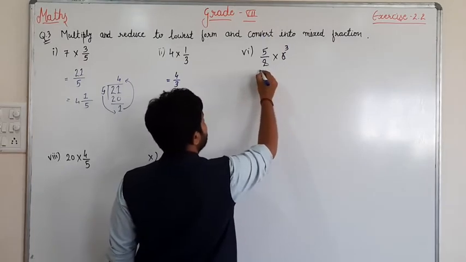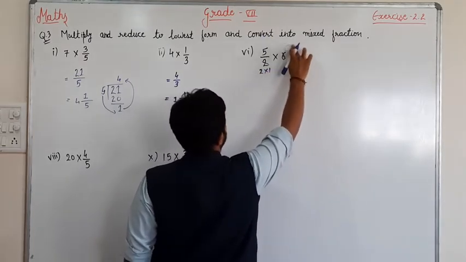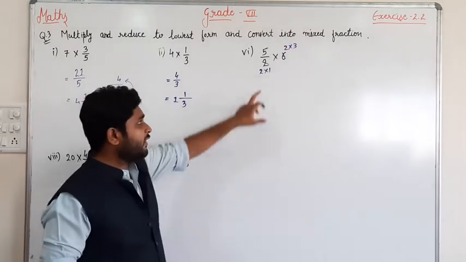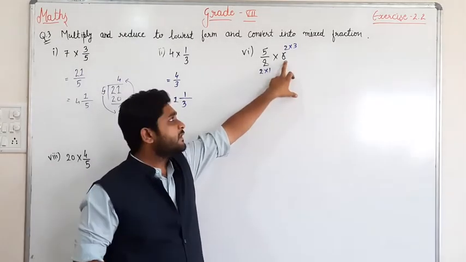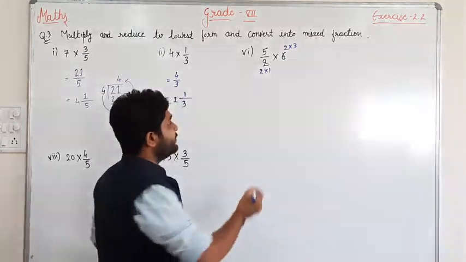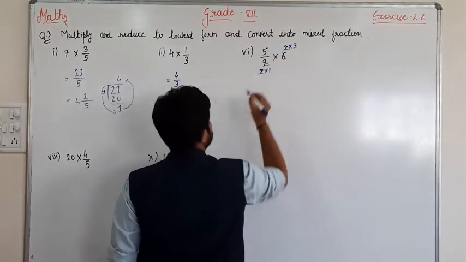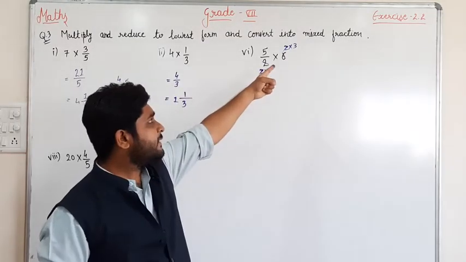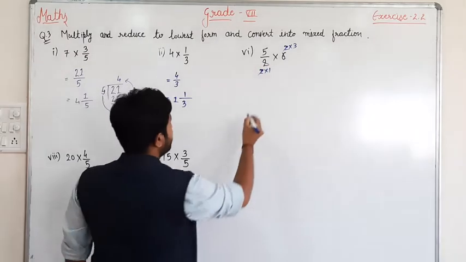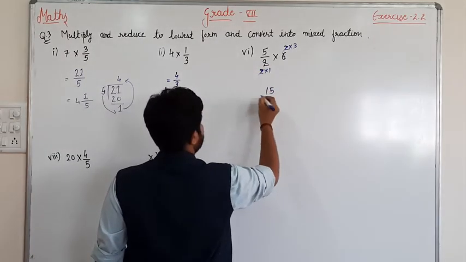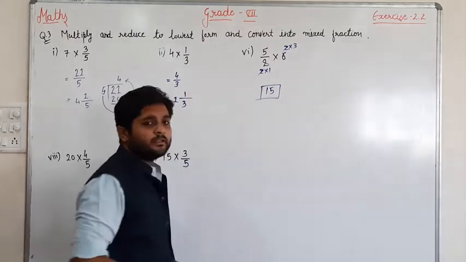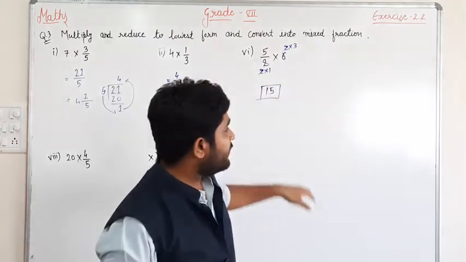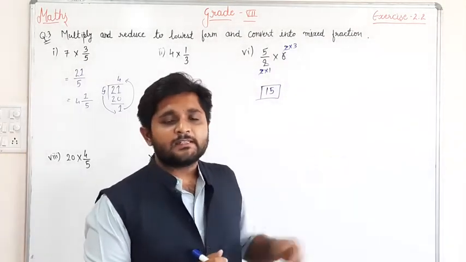Since it is the table of 2, we can write the table of 2 like this: 2 1s are, and in place of 6 we can write 2 3s are 6. Cutting 2, I wrote 2 1s are, and cutting 6, I wrote 2 3s are. From this both 2s are cut. So in the denominator only 1 is remaining. There is no value of 1 in the denominator. So outside only 3 is remaining, and here 5. So 5 3s are 15. The denominator is 1, so there is no need to write down the denominator. We can write only 15. So this is the answer: 15.